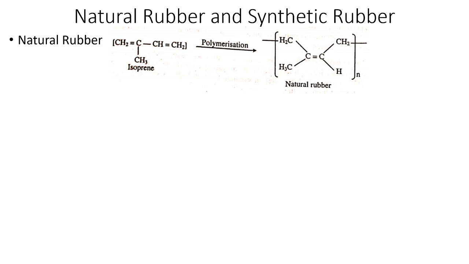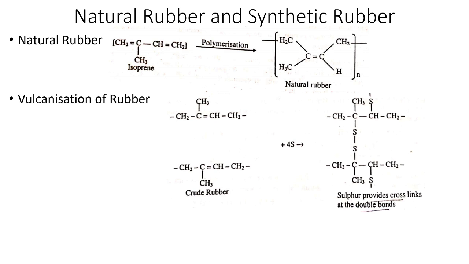Okay, now what are the properties of natural rubber? Everybody knows, very simple. It is an amorphous solid, it is transparent, sometimes it may or may not be, sometimes tough, it is elastic in nature, that is very important, and it is soluble in benzene, chloroform and carbon disulfide. And since it is colloidal in nature, it has no definite melting point or boiling point. It becomes soft and sticky in hot summer, while in cold it becomes hard and brittle. So these are the properties of natural rubber.